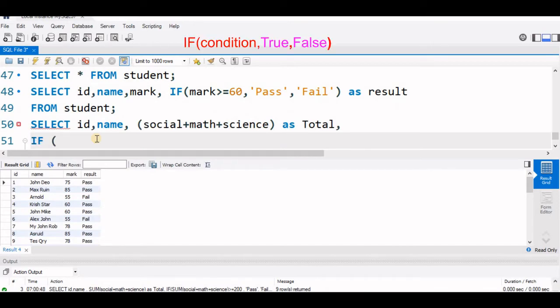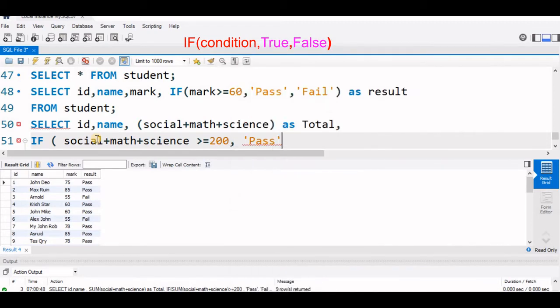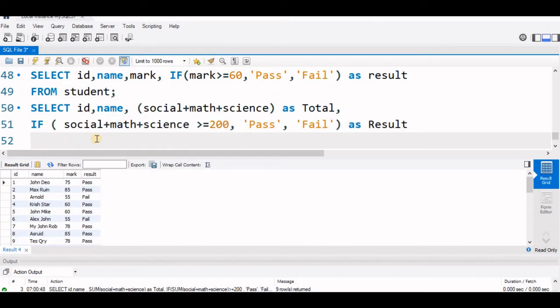If social plus math plus science is greater than or equal to 200, then pass, otherwise fail, as result, from our table student 3.